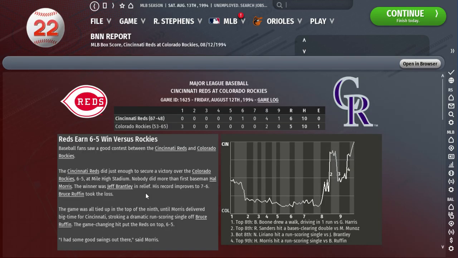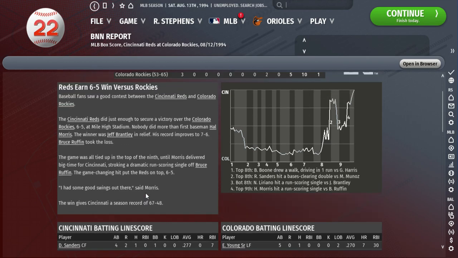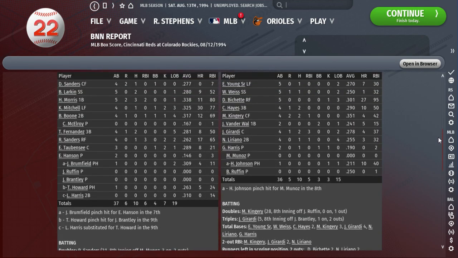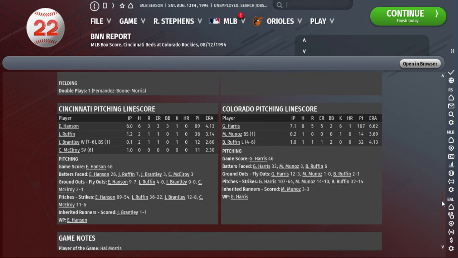Looking at the box score, Cincinnati with a chance to win, gives it up, takes it back. Team hits for Charlie King. Gerard, big double, 2 hits, 3 RBI. Morris with 3 hits, 2. Hernandez with 2. GC with 3 RBI. Takes the loss. Brantley gets the win, not pitching great. Miguel gets the save.